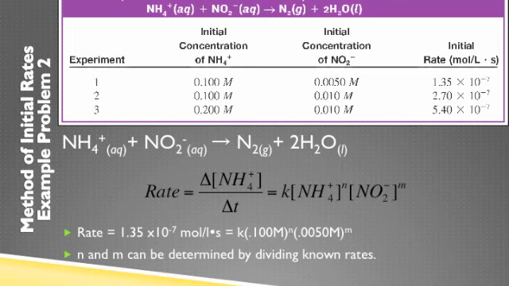As each reaction starts, the initial rate is measured to determine how fast the reaction runs prior to any significant changes in the concentrations. This table tells us that the initial rate of experiment 1 is 1.35 times 10 to the negative 7th molar seconds, when the concentrations are 0.1 and 0.005 with the reaction constant of K. So K is the rate constant. N and M are the rate orders of each specific reactant, and they can be determined by dividing the known